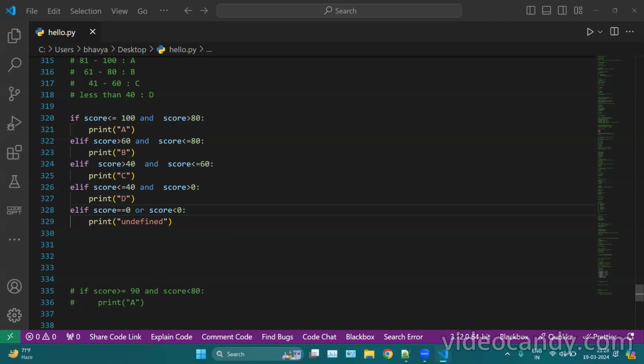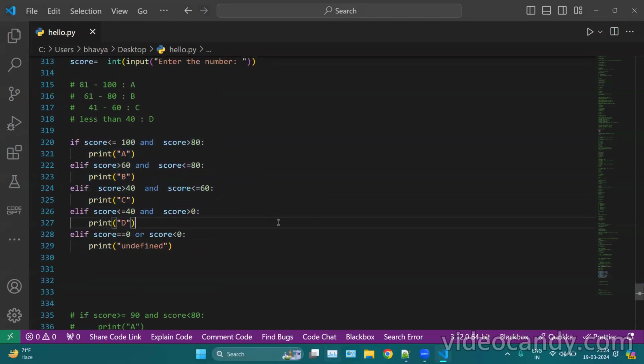Now, second condition, we are checking if the score is greater than 60, like in the middle of 60 and 80. Then here we have B here. Then in the middle of 40 and 60, then here we have C, and then so on. Okay. So this is how we can create this code. Like here we have lots of if else, like four if else. So that is why we have this confusion. Okay. Now we can run this code,